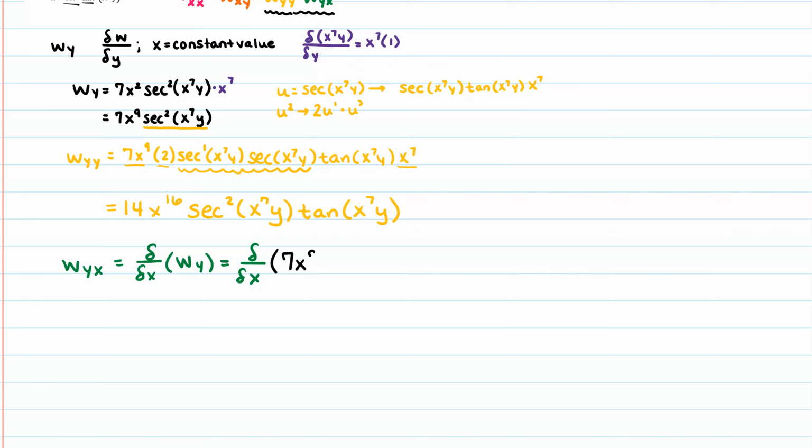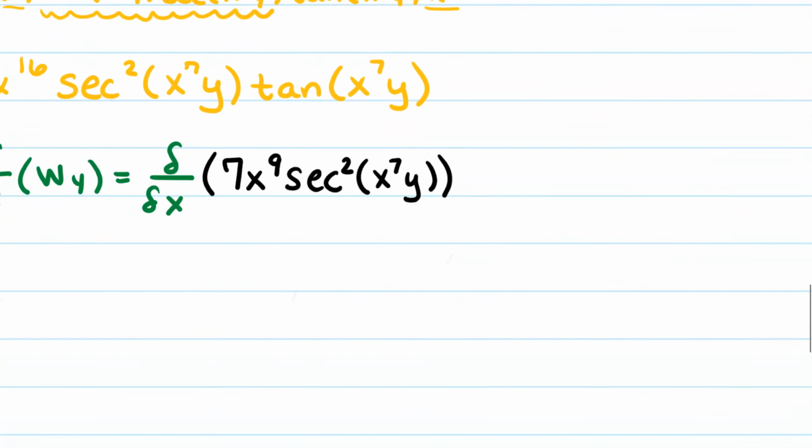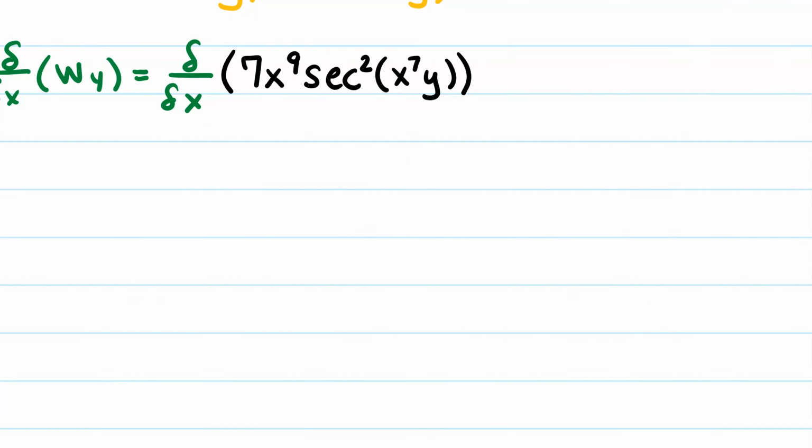7x^9 secant squared of x^7y. So now when I take the derivative of this with respect to x, you'll notice that this is an x thing and this is an x thing. So we're actually multiplying two things which have x as its independent variable, which means we're going to have to